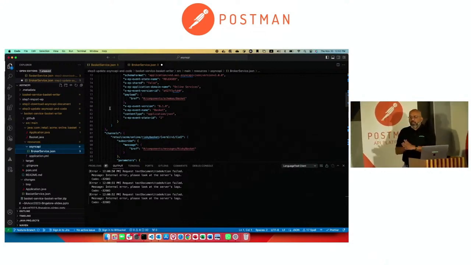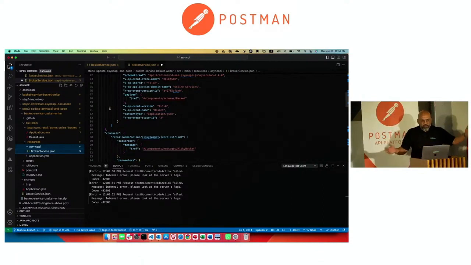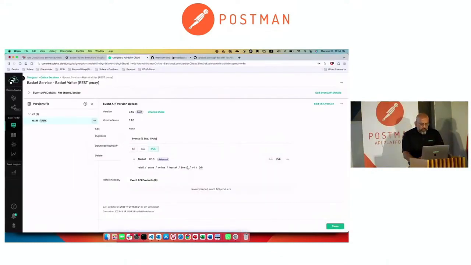Now, what do I do as a good citizen? I make the change, I check it in. In best practice, you would create a branch, put it in that branch, and then create a PR, and somebody reviews it. Each of these checkpoints allows us to vet the validity. What do I mean by that? Let me go to the code here.